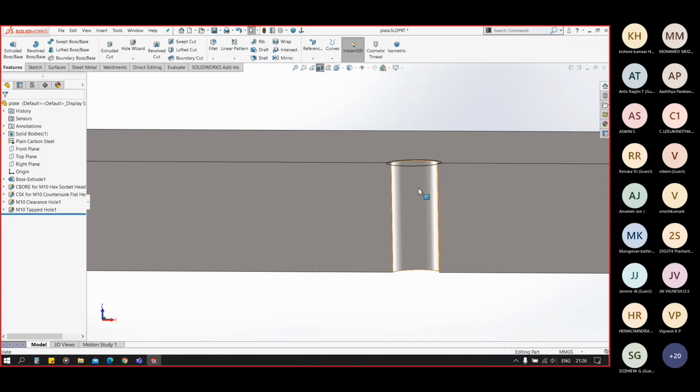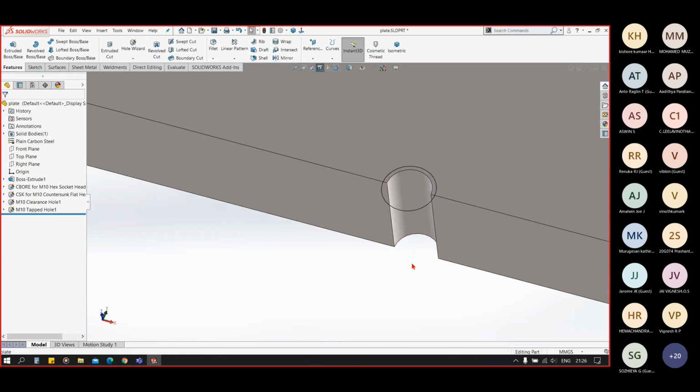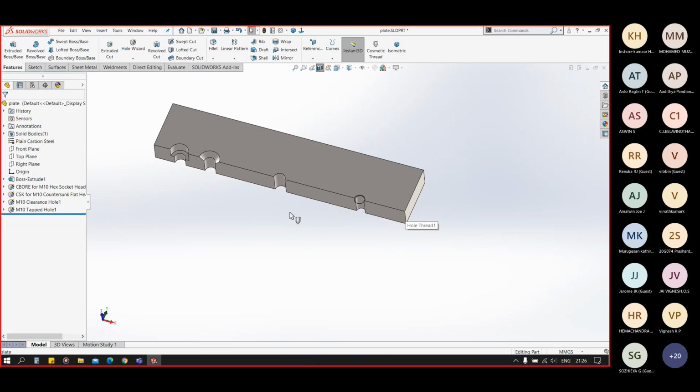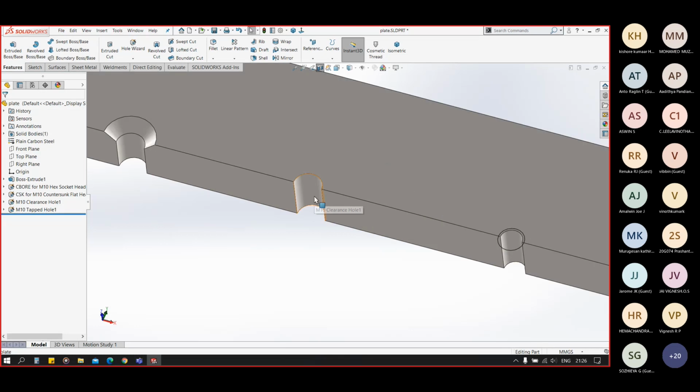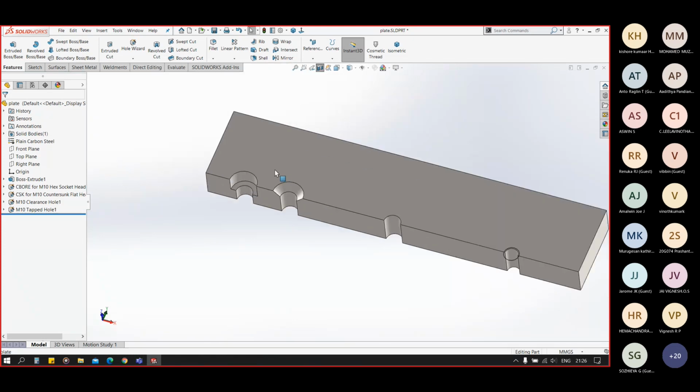This is a tapped hole. It will have threads inside. And this clearance hole will have some clearance in it, so that we can fit the bolt of M10 size in that.